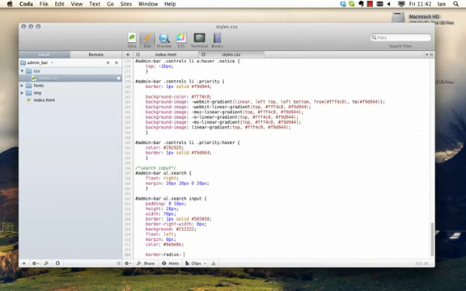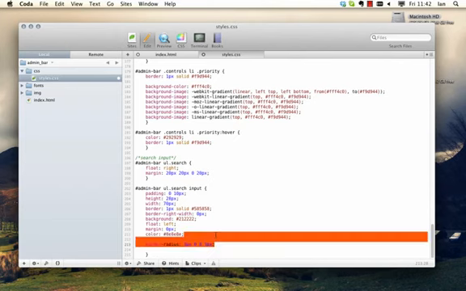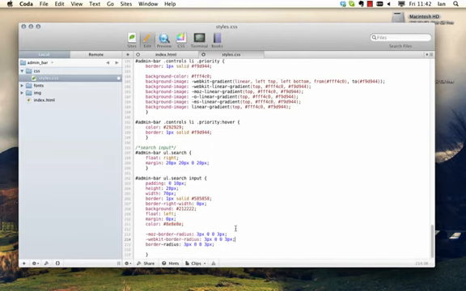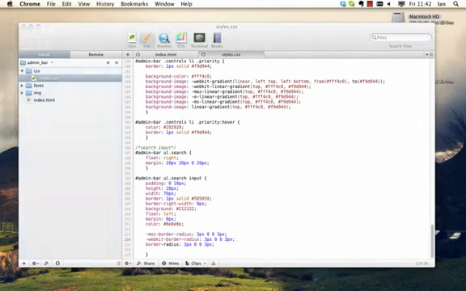Now we want that on the top left, nothing on the top right, nothing on the bottom right, and on the bottom left we also want that. And then all I have to do is copy that a couple of times and add some browser prefixes. Of course, from the previous tutorial you remember you can use prefixer.com to help you out with that. So we'll hit save and open up Chrome again,